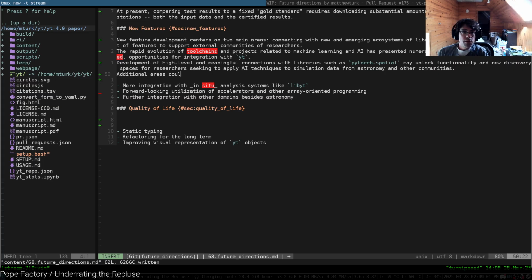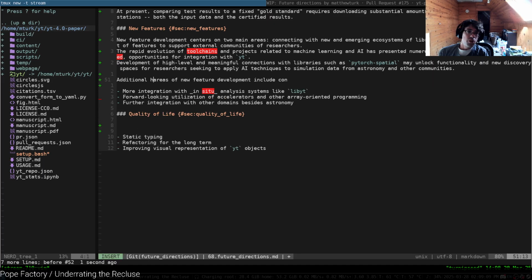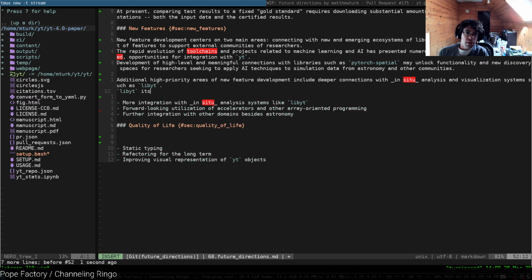Additional high priority areas of new feature development include deeper connections with in situ analysis and visualization systems, such as LibYT. LibYT itself, while initially created as a YT-specific